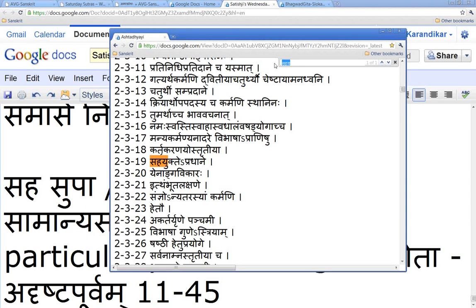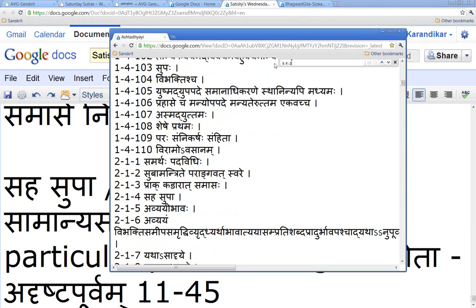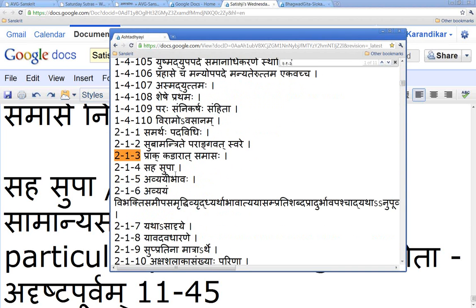Basically, we're trying to find a justification for the miscellaneous compounds. That's all we're trying to do. We have to find a place in the Ashtadhyayi. How do you justify these compounds which are coming, like Adrishtapurvam? One of the ways, which Kalpesh was talking about, is the Yoga Vibhaga. Panini puts Saha in the sutram because he wanted the sutram to split into two. You say Sup Saha. So they may make one sutram like that.